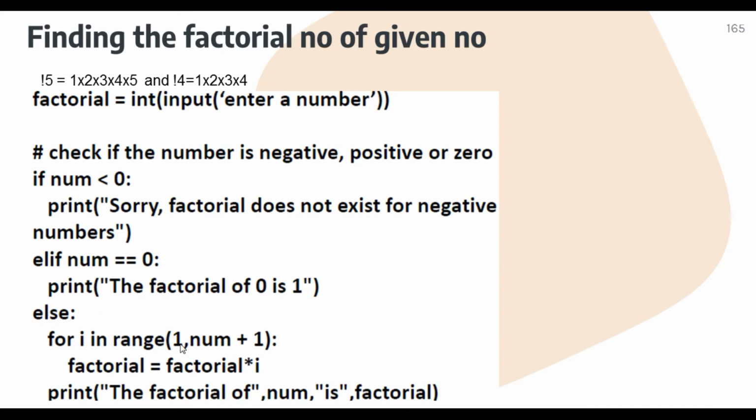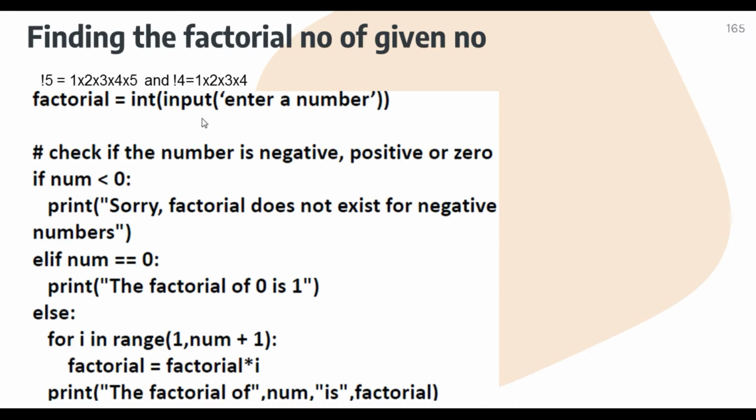For i in range, here it is 1. Why are we not starting the loop from 0? Because the multiplication should start from 1. If you start from 0, everything will be 0. So one important thing, the expression will contain 1 because the loop will start from 1. Why? Because a factorial number always multiplies from 1 to that number. And here is num plus 1, where num means n minus 1 is considered, and plus 1 means exactly that number whatever we have asked of the user.